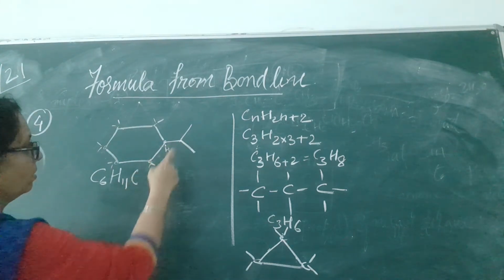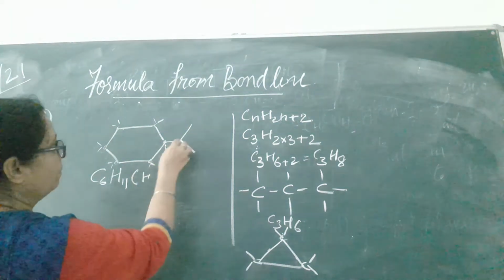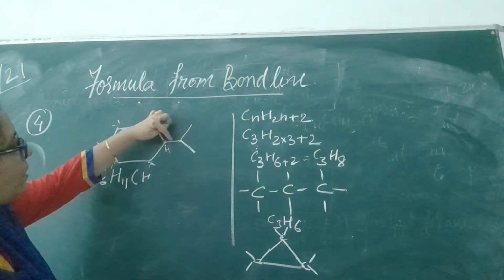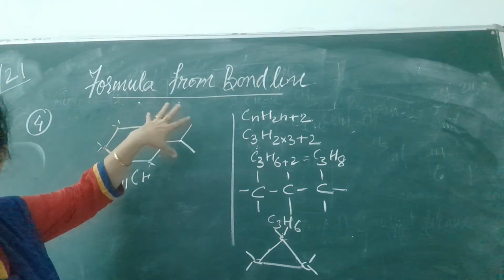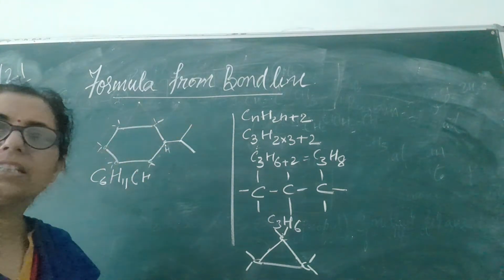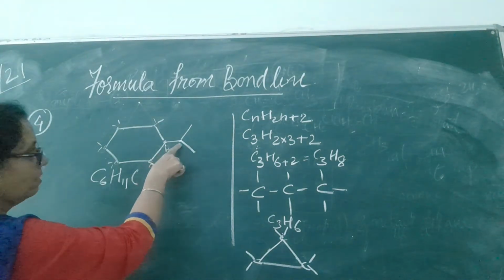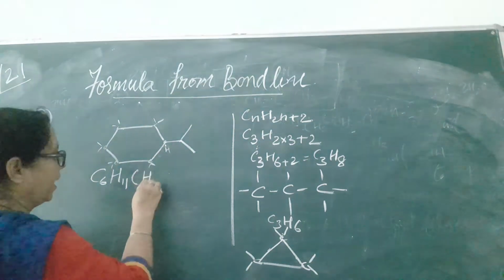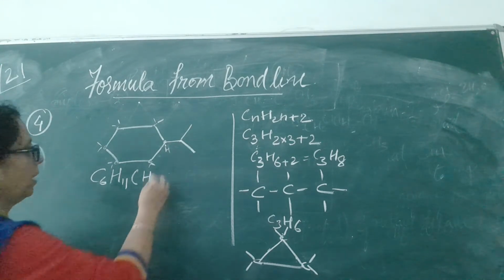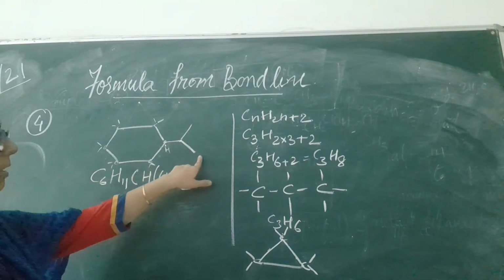To this attached carbon, 1 hydrogen is there, because each carbon has 4 bonds, that you know very well. Here this carbon is showing 3 bonds. We need to have the 4th one. In bond line structure, hydrogen is not mentioned. That is understood, so you can know that there is one hydrogen. So we can write here CH, and this terminal end shows nothing, no functional group. That means it contains 2 methyl groups, one to this side and another to this side.